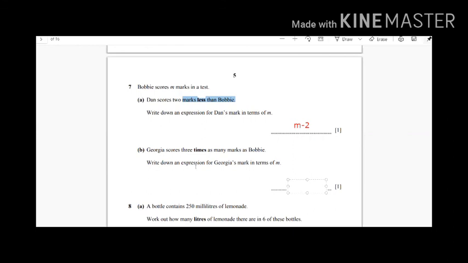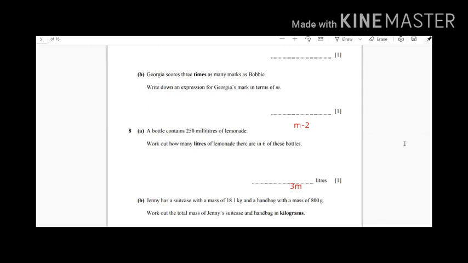Okay, M minus 3 now. Why minus? Not minus. Now what will it be? Use this word, times. Yes, M times 3. Okay, good. So Georgia's score will be 3M. Got it? Yes. It's actually 3M. Very good. So now the next one is